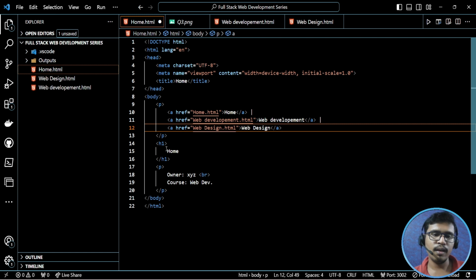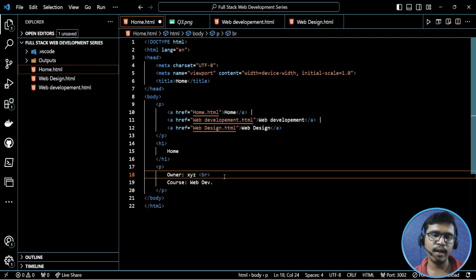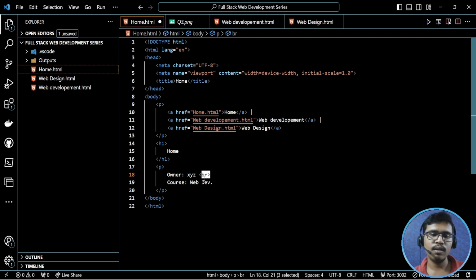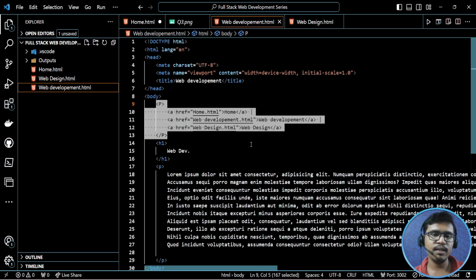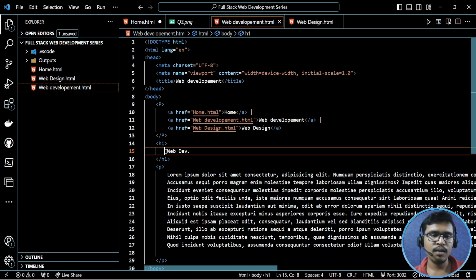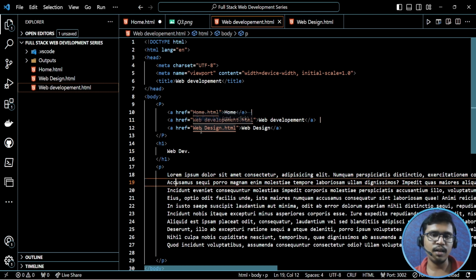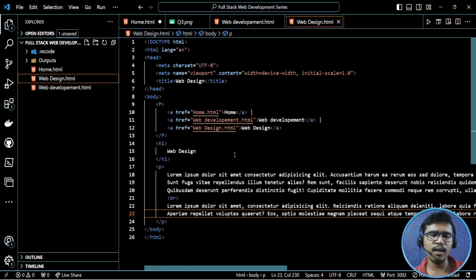फिर हम लोगों ने एक हेडिंग बनाया जिसके अंदर उस पेज का नाम लिख दिया, और पैराग्राफ के अंदर उसके रिलेटेड डिटेल्स लिख दिए, और एक ब्रेक टैग भी दे दिया। ओके। तो वेब डेवलपमेंट पे भी वही सेम किया है हम लोगों ने, बस उस वेब डेवलपमेंट के पेज के हिसाब से हम लोगों ने हेडिंग और उसका पैराग्राफ चेंज किया है। और वेब डिज़ाइन में भी हम लोगों ने वही किया है, बस उसका कंटेंट चेंज किया है।